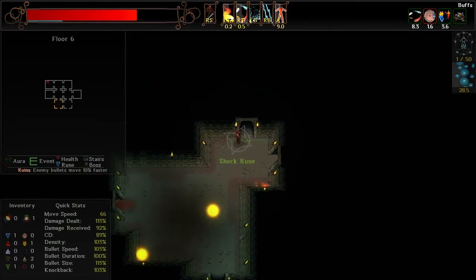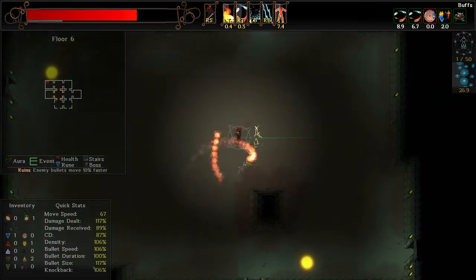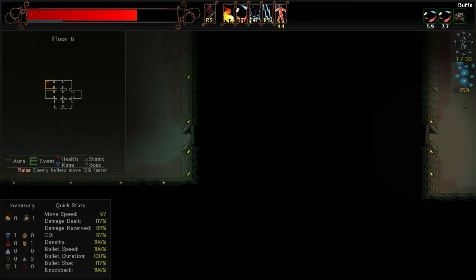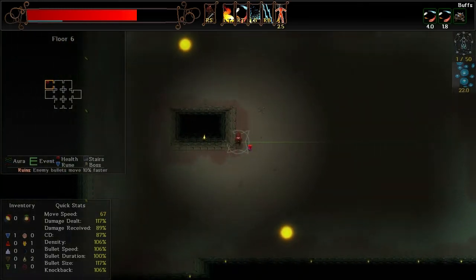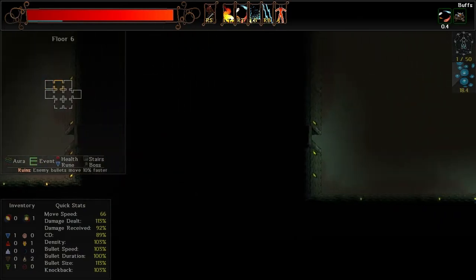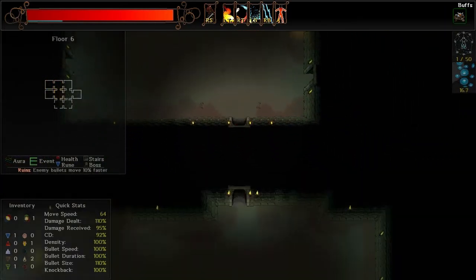So what I'm going to do, pick up the shock rune, go all the way up here, all the way, all the way, all the way. And we're going to go pick up that heart. Might be a little wasteful here, but at the same time, nope, not wasteful, but pretty much as close to full health as I can possibly get. And we've got...